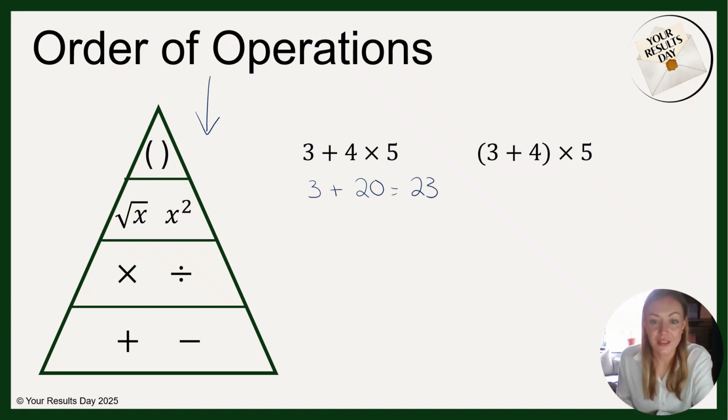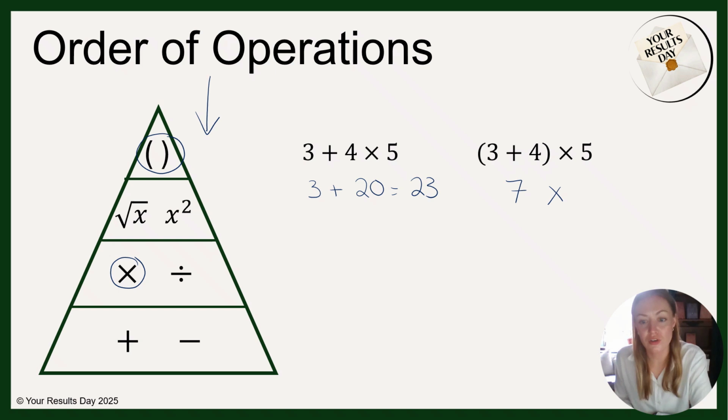In this second question, if we come down the triangle again, we can see we've got brackets and multiplication. Brackets comes first, and then multiplication, working from the top down. So inside the brackets, I've got 3 plus 4, meaning I need to do the 7 before moving on to the multiplication by 5, getting the answer 35. So see how these questions look very similar, but by changing the order in which we do them, we do